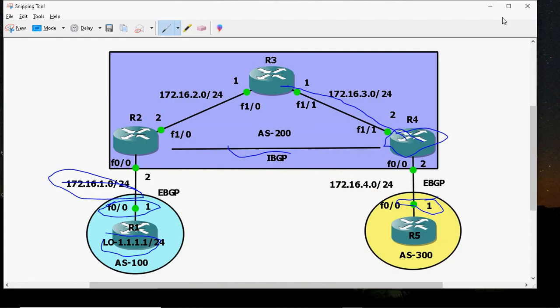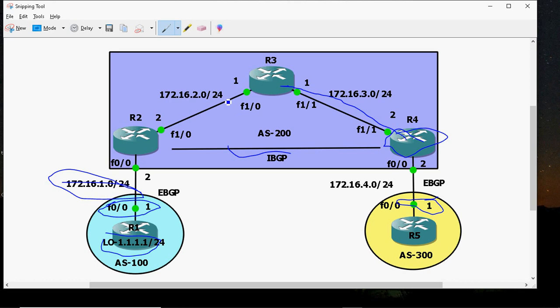That's why we have to configure IBGP on all the routers in the transit autonomous system. So here the transit autonomous system is 200. So we have to configure IBGP between all the routers in AS number 200. So in R3 router also we have to configure IBGP.